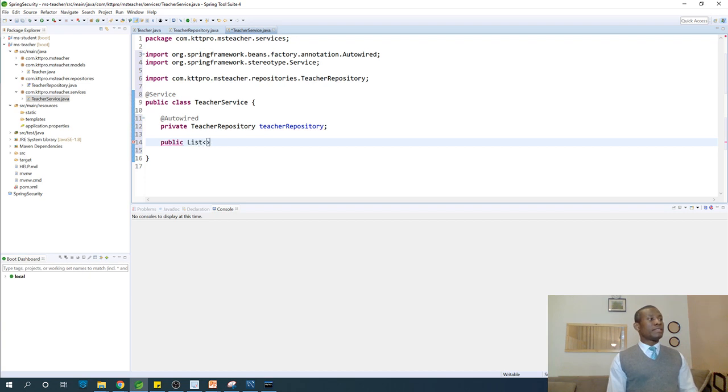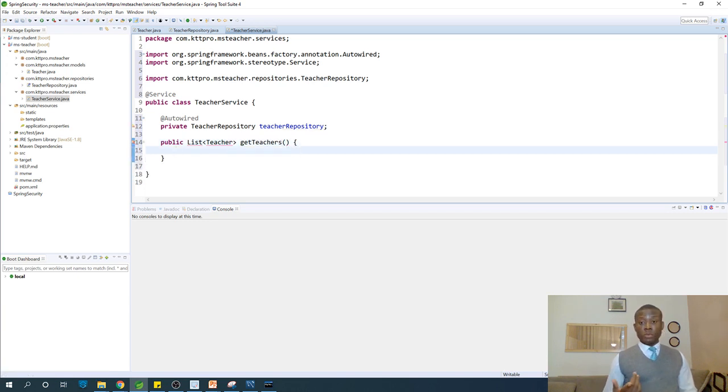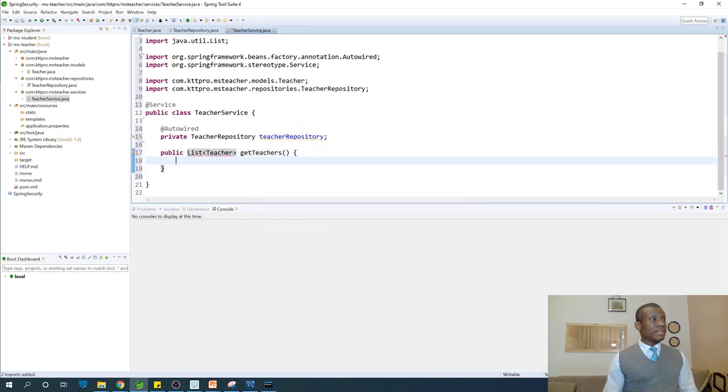So public List of Teacher, getTeachers. So let's just call it getTeachers, and it returns a list of teachers. We are going to just say repository give us list of teachers. That's all. So I'm going to first take out all of this. Okay. I'm going to say return